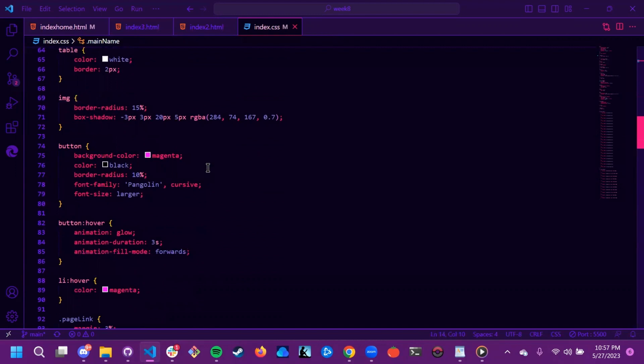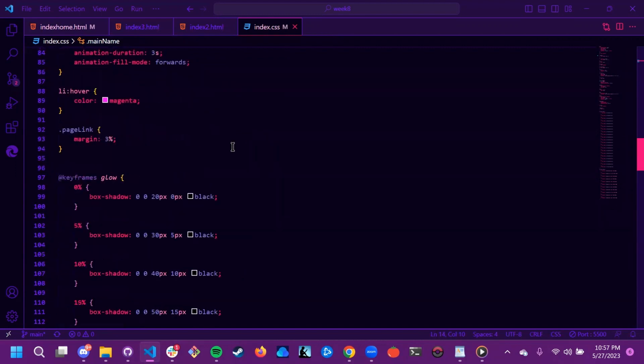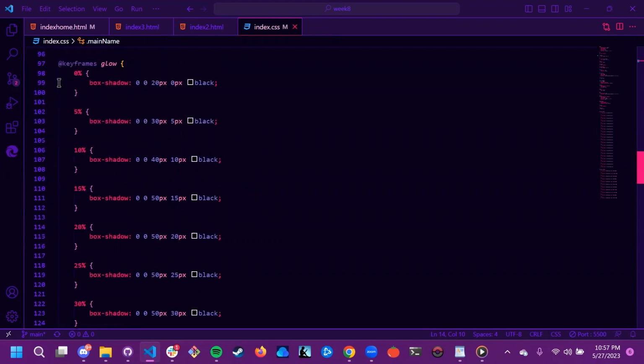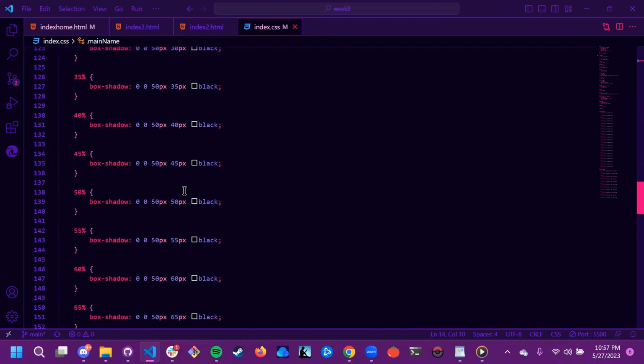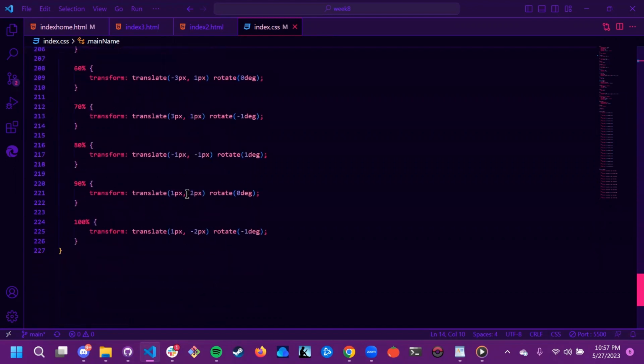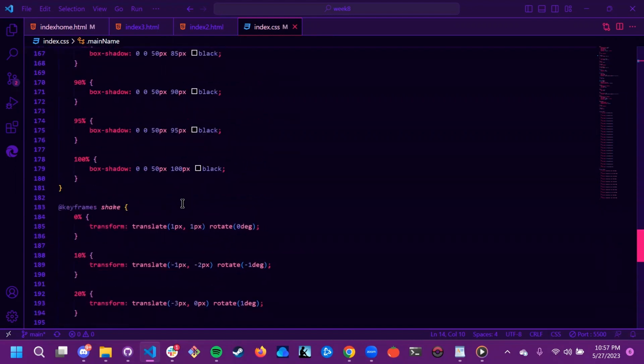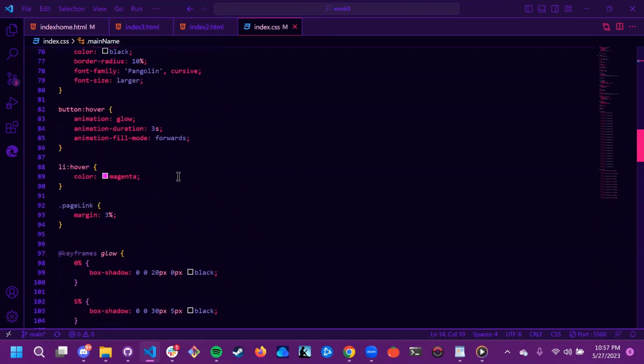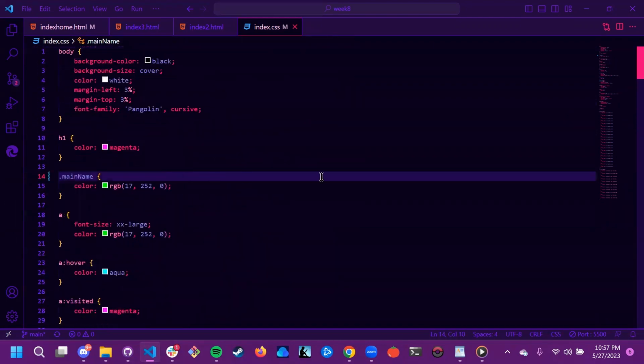So I messed with the button a bit. Made sure I sized my elements in here. I actually even created some keyframes, because I learned about these previously, and I just really think these are awesome, what you can do with them. They're probably a little over the top, but I really like them. So just to show,